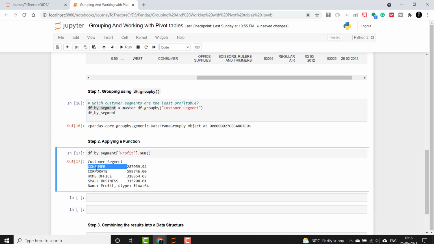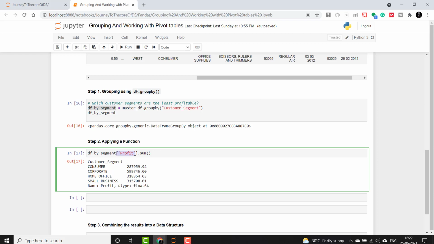You can see here distinct customer segments are returned, and it gives us the sum of the profits in those segments. Notice here guys that we have indexed the profit column in the DataFrameGroupBy object exactly as we index a normal column in a data frame. Alternatively, we could also use df by segment dot profit instead of using square brackets.